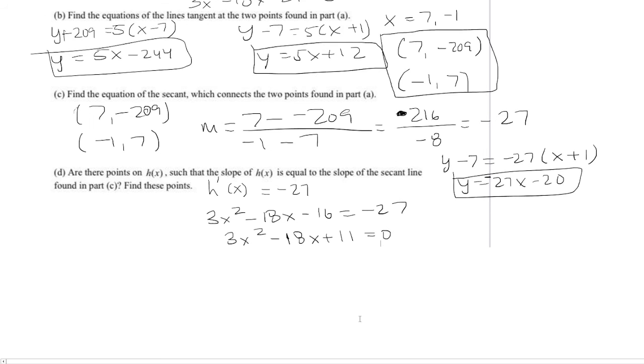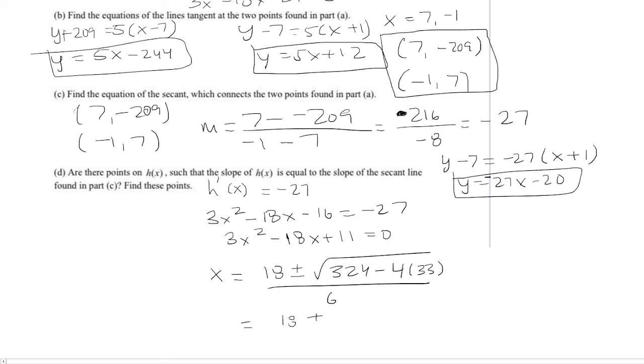Now this quadratic equation cannot be factored, so we have to use the quadratic formula, which is opposite of b, plus or minus the square root of b squared minus 4ac, all over 2a. Now 4 times 33 is 132. 324 minus 132 is 192. And 192,